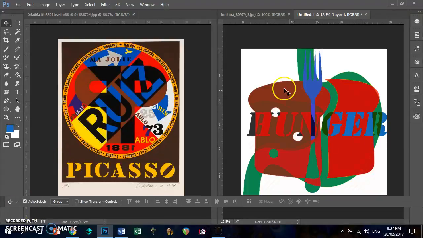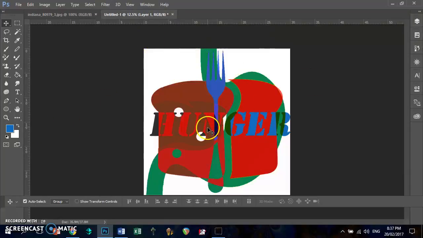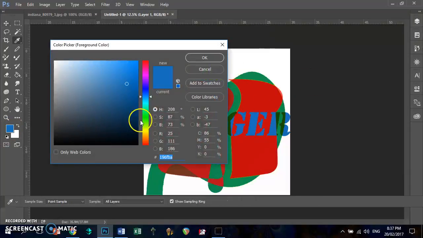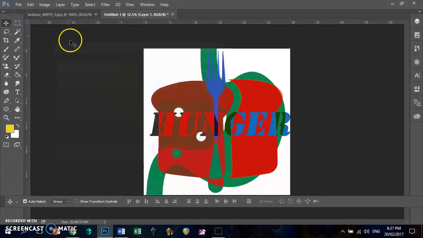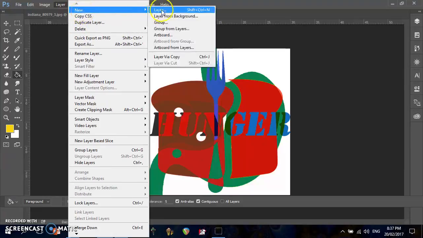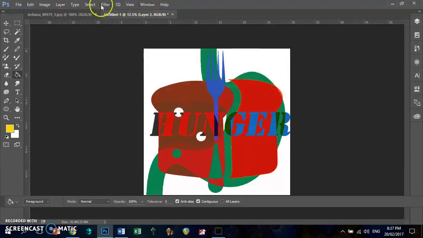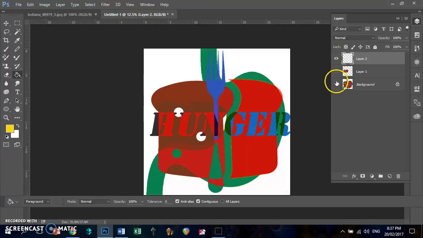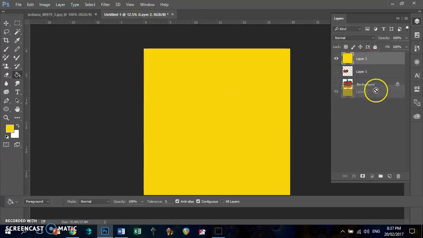Okay, so here's a simplified version of what I've done, just filling up those areas very quickly using the colors that I found in a normal Robert Indiana. So the last thing I'm going to do is take a yellow and make a background of that. There's two ways to do this. You could either go totally new layer and press F7 so you can see what you're doing, and just completely fill in that yellow layer